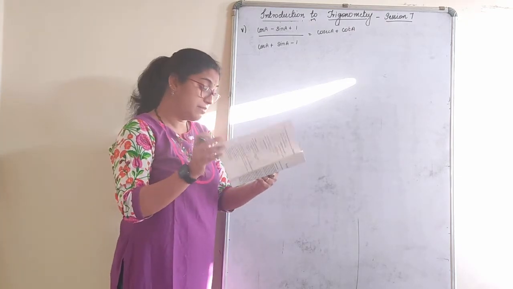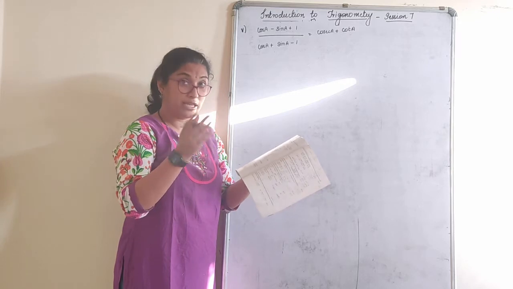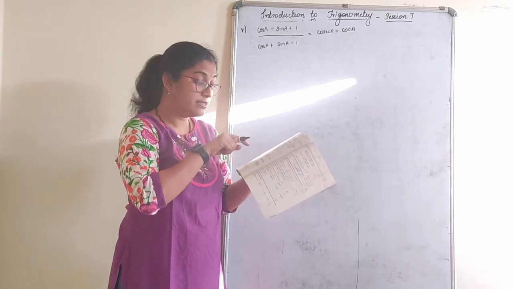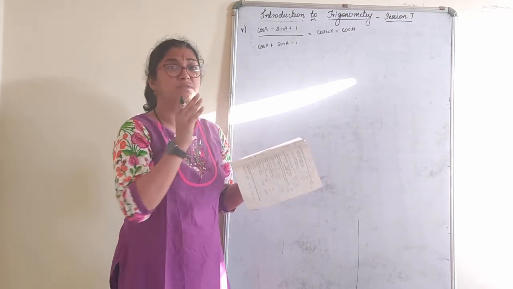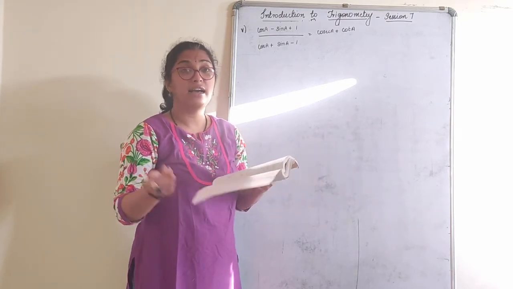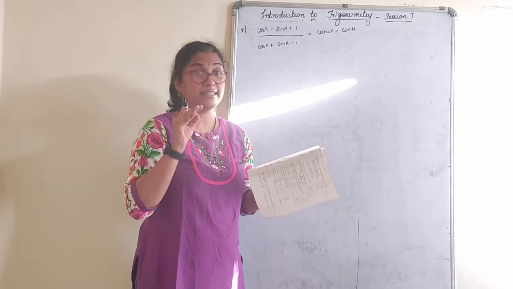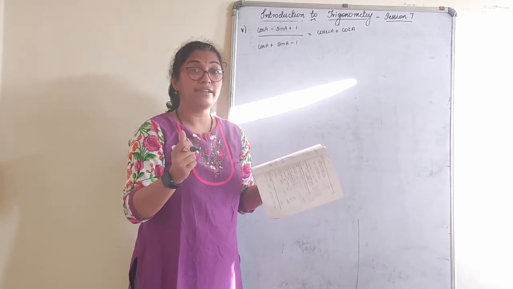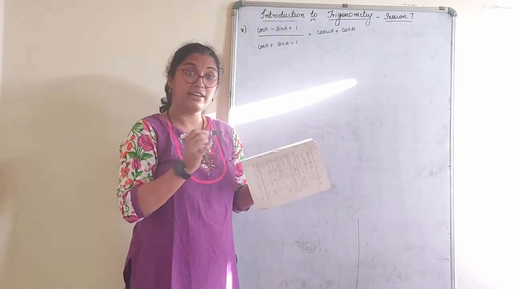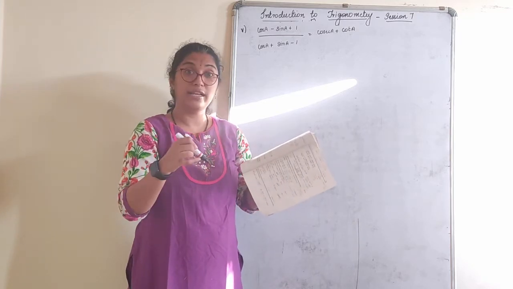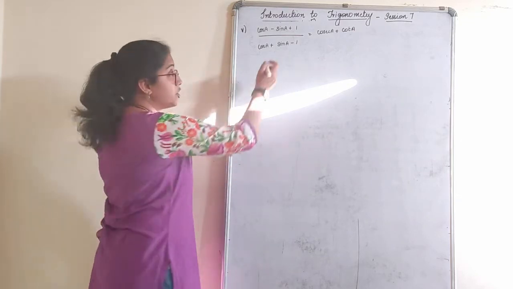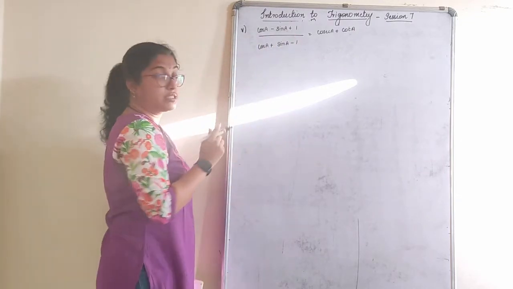Why? Because you have a similar sum in the worked example, you can just turn the page back and check. Sin theta minus cos theta plus 1 over sin theta plus cos theta minus 1. Same question in terms of sine and cos. We have to prove that in terms of 1 upon sec theta minus tan theta. I want sec theta and I want tan theta. I have here sine and cos. What should I divide? Tan I want, so I have to divide it by cos. That's the hint, children. Sec I want. 1 upon cos, when I do it, I get sec, right? So that is how I have to divide this by sine, because I want cot and I want cosec.